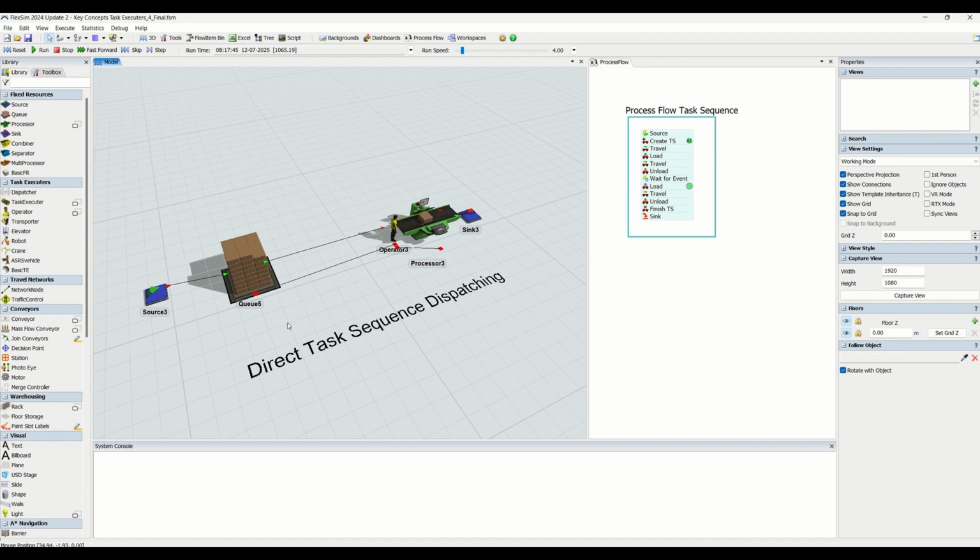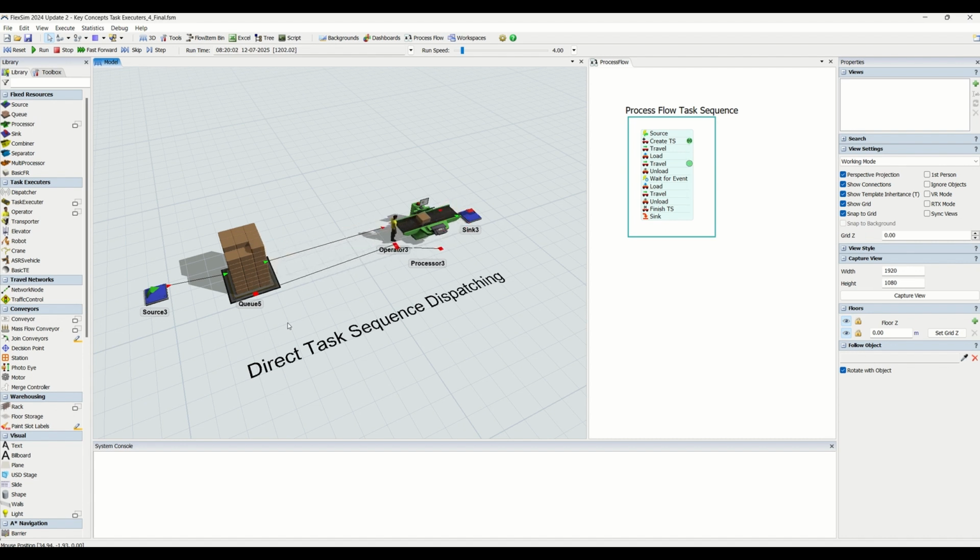Talking about job dispatching, that is also taken care of here. You can see that the operator is used for material transfer and the robot is used for material processing on the station. Talking about item flows and routing, where the item needs to go, we have connected port connections, input output connections, from this queue to the processor, and from the processor to the queue. So the flow for the item is also specified. Talking about the two major types of task sequences that you can apply in the simulation model: